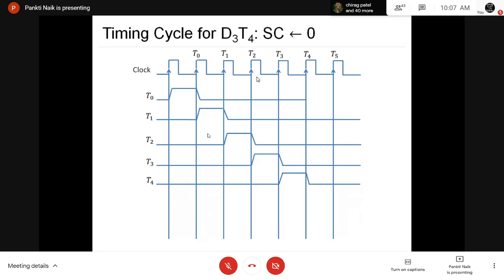And how long will it continue? Until the sequence counter is cleared. Right? Now, after reaching T15, it will again go back to T0, right? And the procedure continues until SC is not cleared, right? Now, here we consider, right, that at last